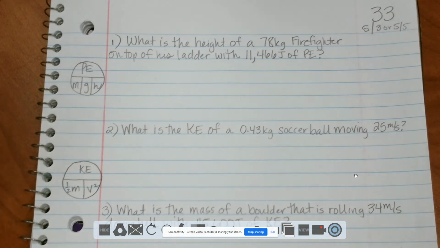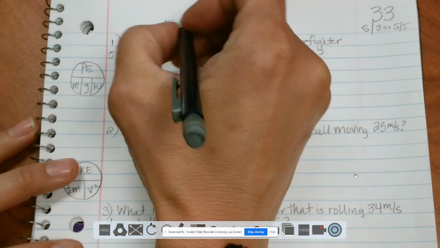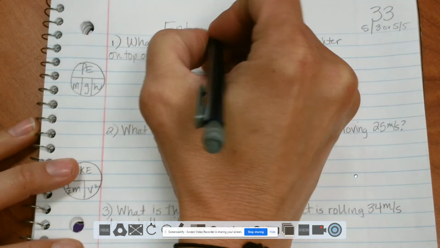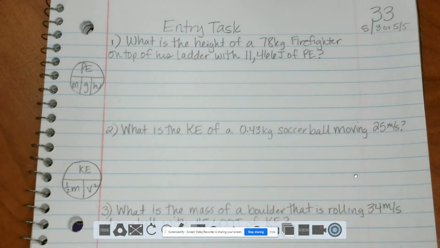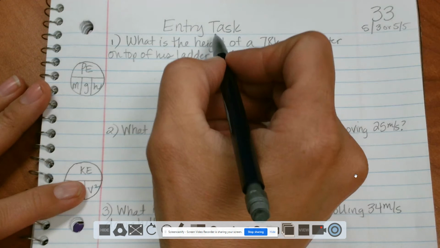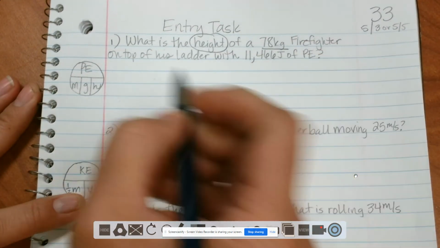Okay, we are going to do the entry task, and this is for either 5-3 or 5-4, or I'm sorry, 5-5, depending on which day you guys have class. So the first one, what is the height? So we're looking for the height of a 78 kilogram firefighter on top of his ladder with